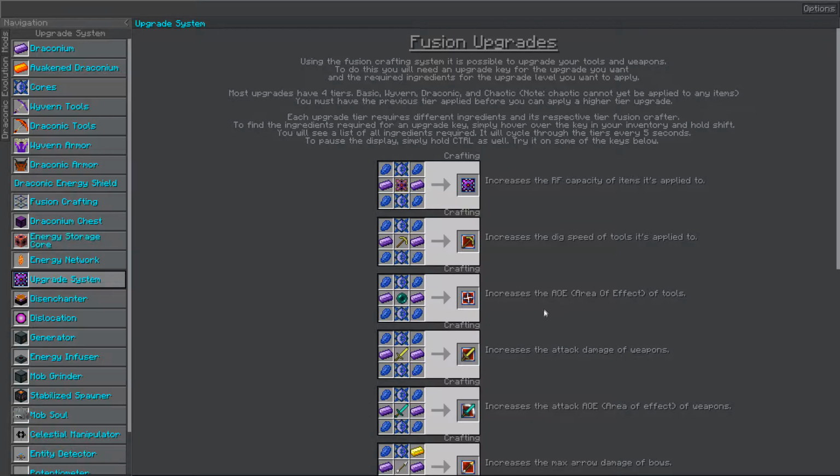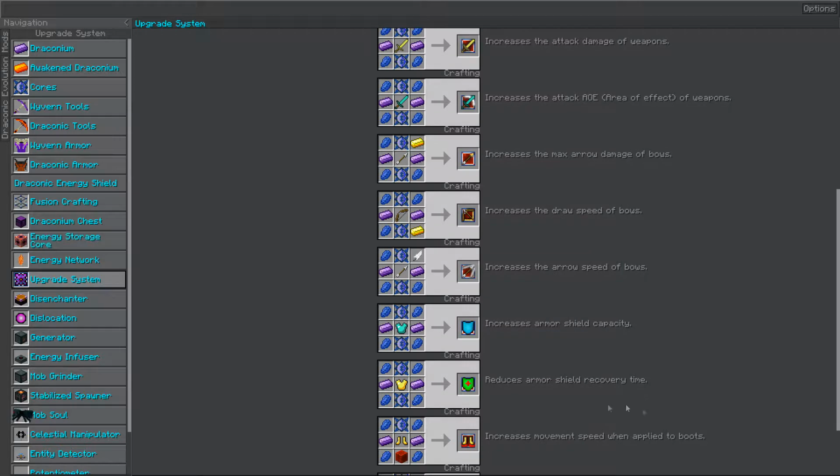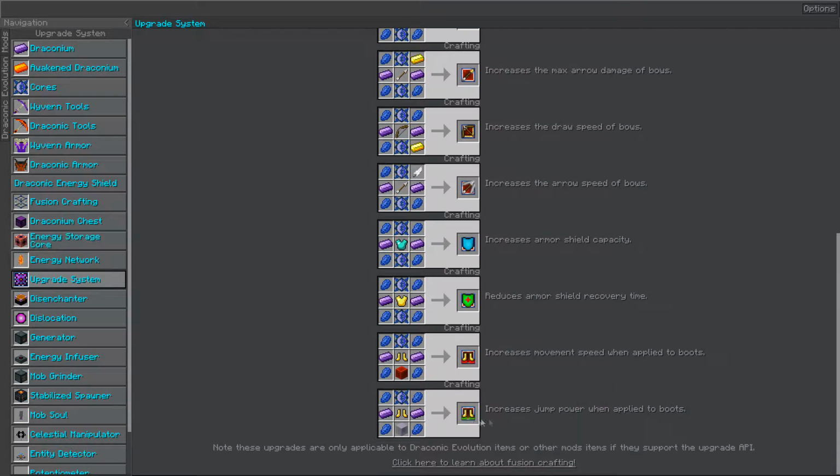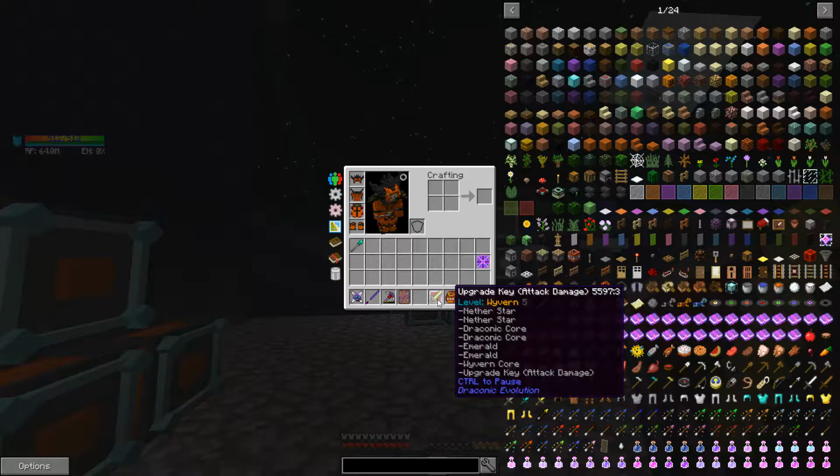These are the upgrade keys, they're called. So depending on what kind of upgrade you're looking to use, you make the corresponding key. And then if you hover over it and hold shift, it shows you the infusion recipes at each tier. And then you can hold control and it'll pause it. The timer over there, I thought at first those were like levels of enchantment, but that's just a timer. And so I've got this upgraded to Wyvern, and that's why I needed to make these other infusers, because I